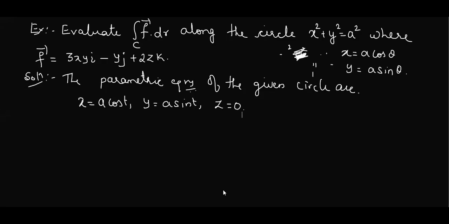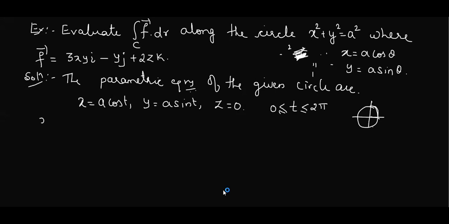Now for this circle, the parameter is t, right? Can anybody tell me the variation of t, this angle theta or t if you take it? See, this is a circle. If I want to draw it, here the value of t is 0. If I take the whole thing, what is this angle? 360, or 2 pi. So this is the variation. Now with the parametric equations and the limits, we can easily evaluate the line integral, isn't it?